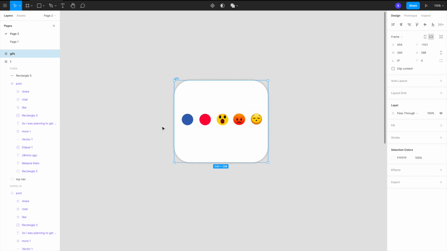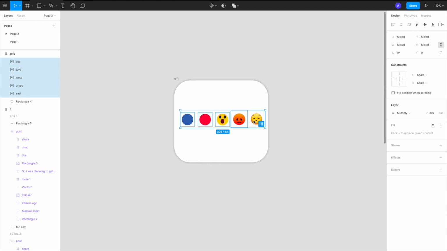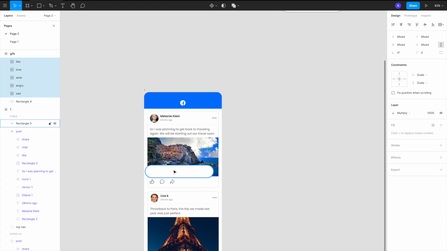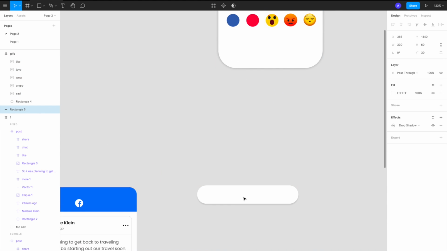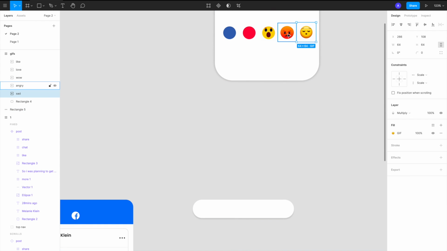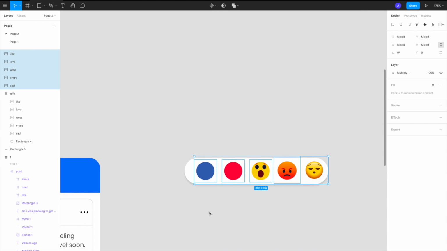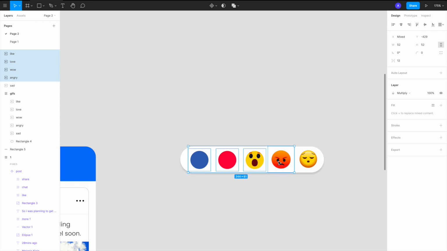Okay. So what I'll do is copy these GIFs now. This size works for us. I'll move it out because we need to design it separately. So I'm moving this rectangle out. I'll select all of this, copy it and paste it here. This looks fine. I think we need to make these a little bit smaller.